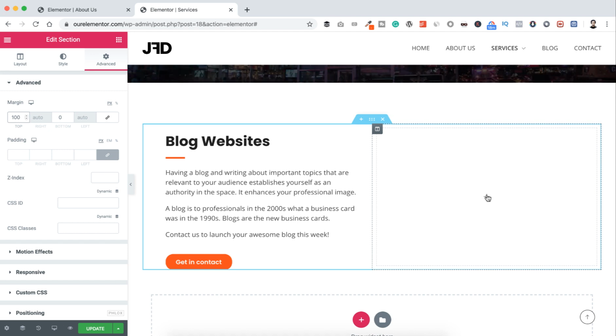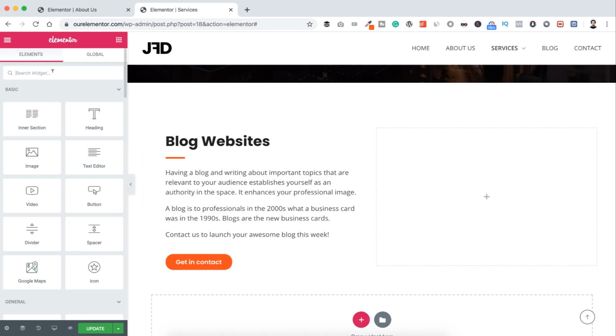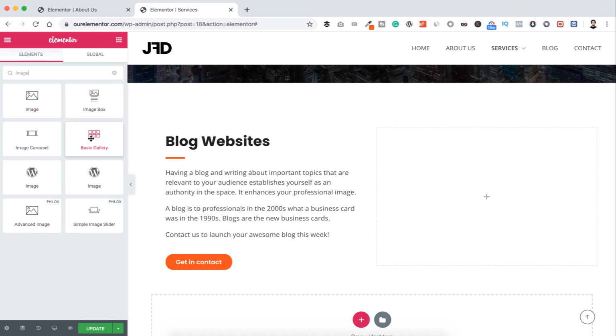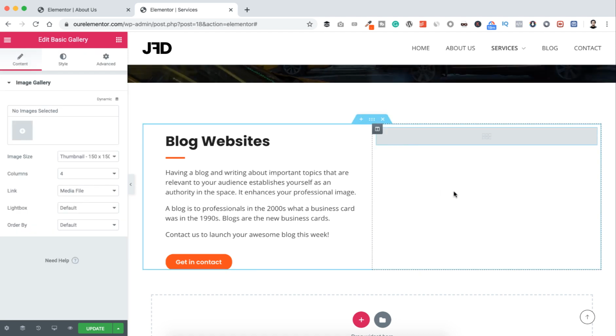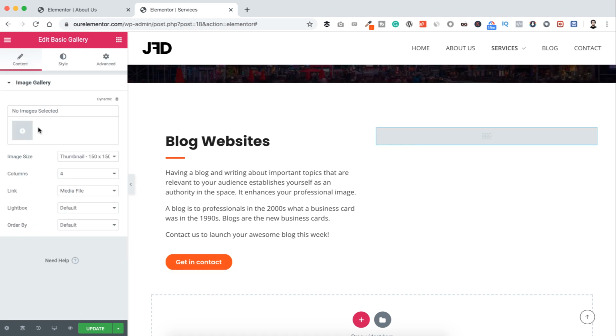So I'm clicking here on this plus icon. I'm searching for an image gallery. So I want a basic gallery. I'm dragging it right here inside this column. Now let's add some images inside this gallery. I'm clicking here this plus icon,